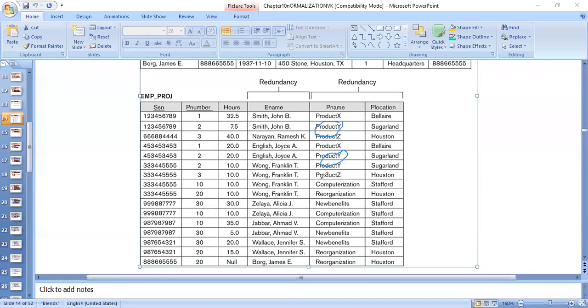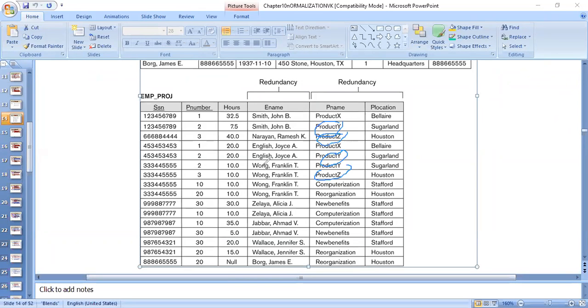So sometimes the employee is working on a single project, like for example, I'll take the project where the employee is working only on that project. Suppose I delete project Z. Project Z, if I delete, now this Narayan Ramesh K is working only on that project. The moment I delete project Z, this row will go, this row will go. So when I delete project Z, Wong Franklin will remain because other projects are going on and he is allocated other projects.